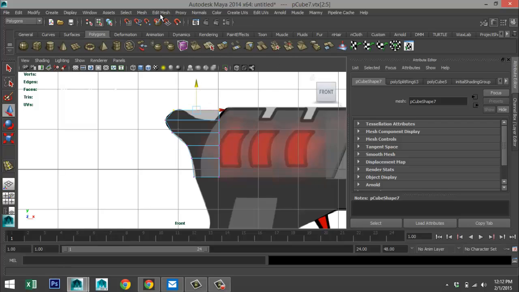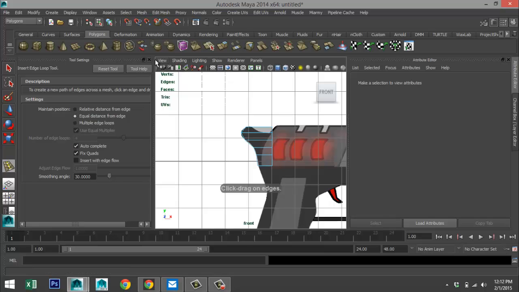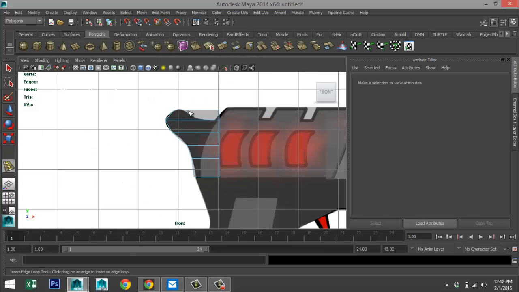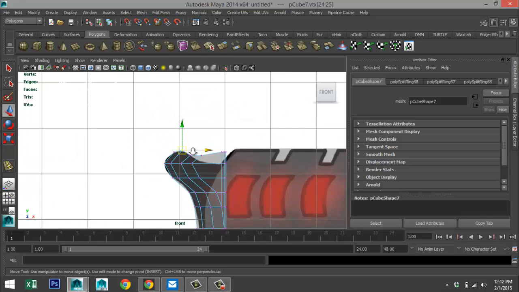Okay. Edit mesh, insert edge loop tool, option box, regular setting. There we go. We'll add one here. Q on our keyboard. Right click vertex. Bring that down. And we'll just move that one over there. Just hit F to zoom in a bit so we can see it a bit better.